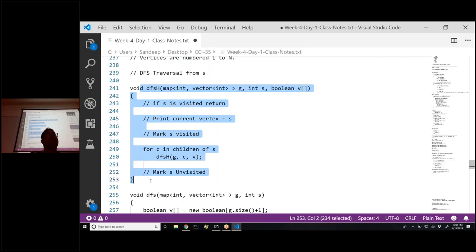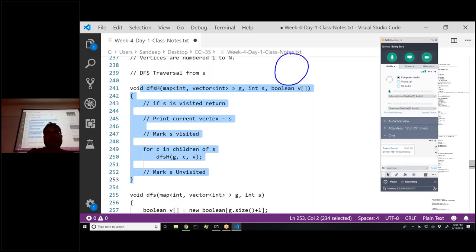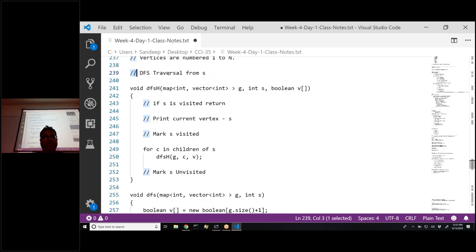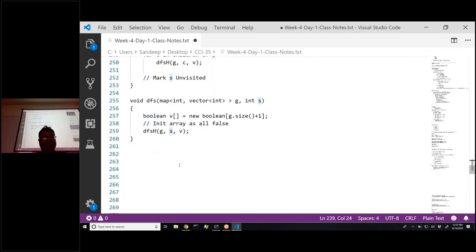This DFS that we did, is this a DFS on the entire graph, or is this DFS starting with the vertex? Think of it, if I give you a graph like this, 3, 4, 5. If I start DFS with 1, what will happen? It will print the entire graph, or it will print only those vertices that are reachable from this. Only this, right? That means this is not DFS for the entire graph. So this is DFS traversal from S. If somebody says do DFS traversal on the entire graph,